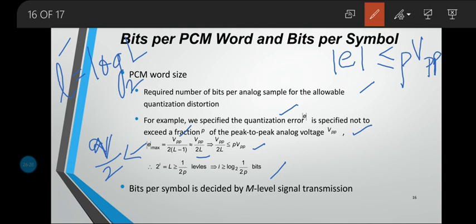So this is very important. We should not confuse this with the k data bits per symbol that we have already studied in M-level transmission. This is the PCM word. So let us keep ourselves confined to small l representing the number of bits transmitted. Capital L tells us how many quantization levels exist for a PCM word. That is how we calculate how many bits per PCM word are present. Bits per symbol we will be covering very soon in M-ary pulse modulation waveforms.